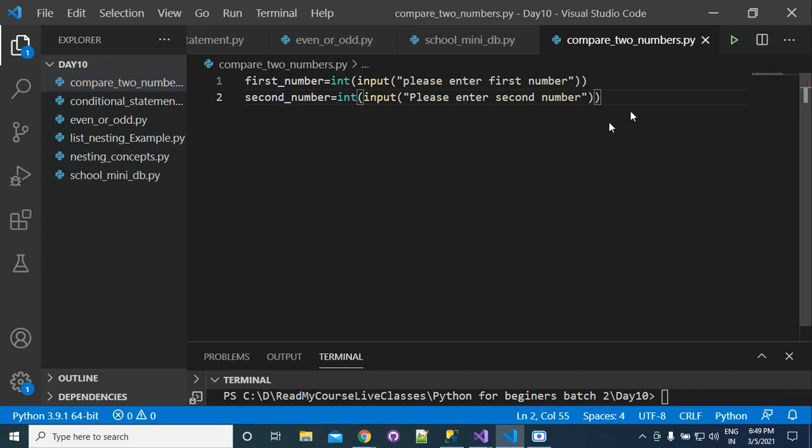Now we have two numbers, first number and second number. There are three conditions here. What are the conditions? First, the first number can be